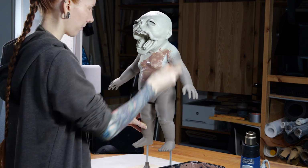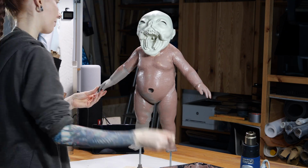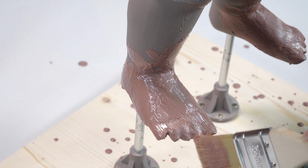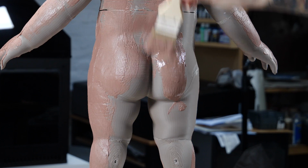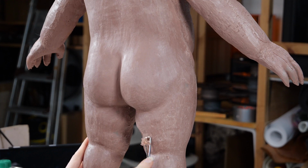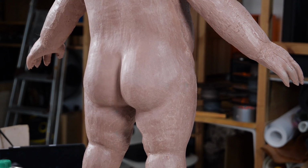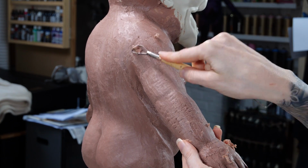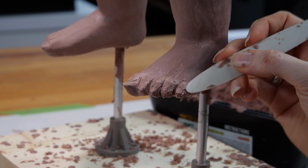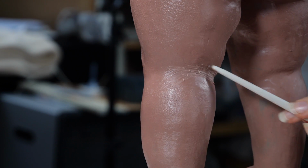I brushed on multiple coats of Monster Clay Medium. You can melt it in your microwave until it's liquid. After a few coats, the clay was thick enough that I could start smoothing everything out. For that, I used all kinds of loop tools and mineral spirit. Then I just started to define some parts, like the toes, and already added skin textures and wrinkles here and